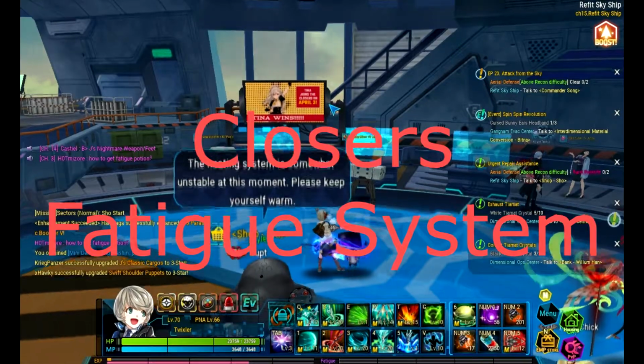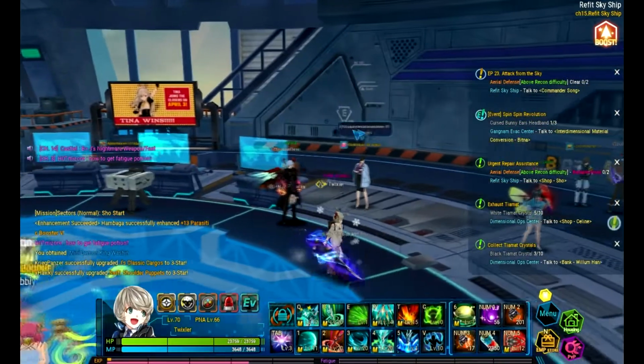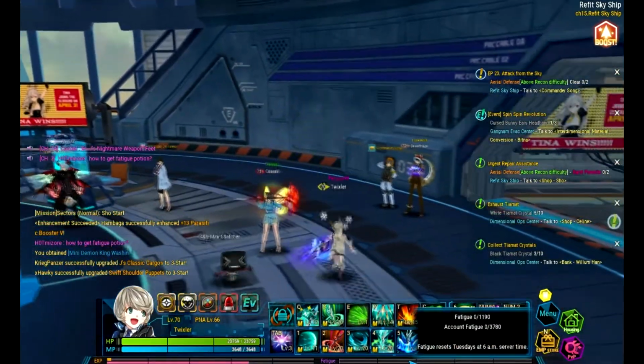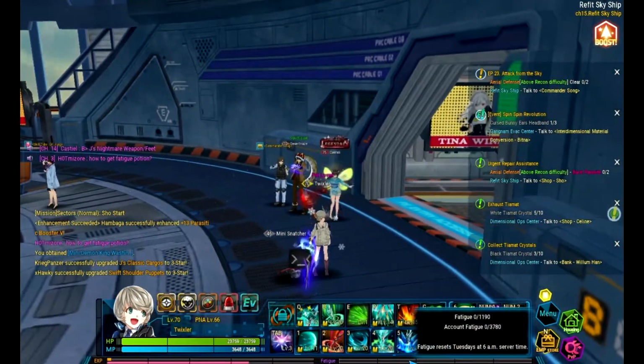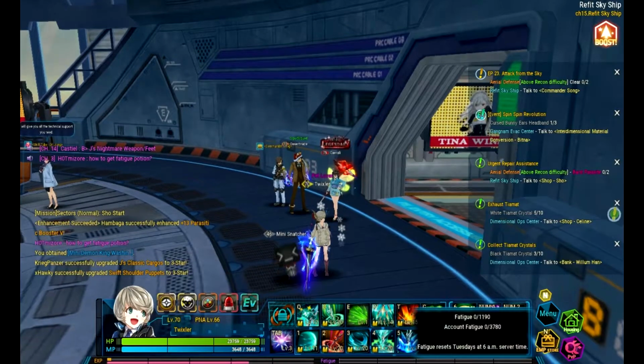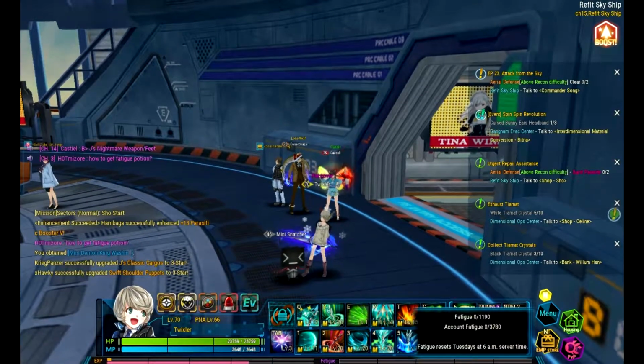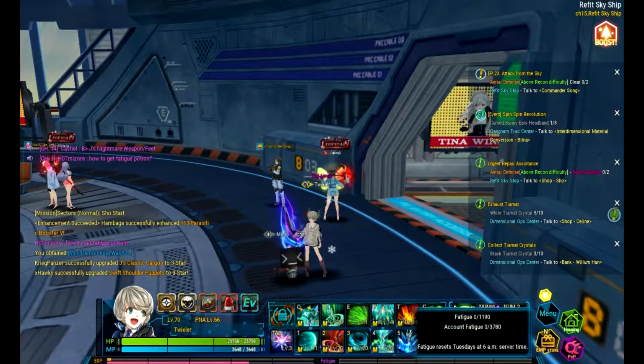Alright, this is a video about Closers' stamina, what they call the fatigue system. The way their fatigue system starts is you start a new character, you get, I want to say it's 170 stamina for the first day, then you finish the first day, at the stamina reset you'll get 170 more